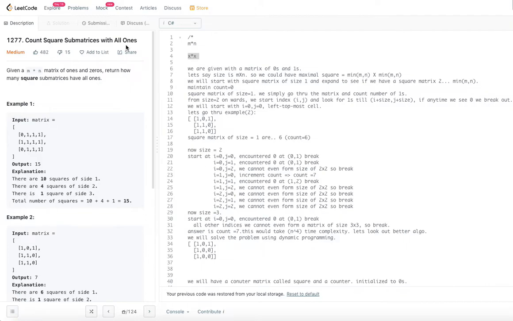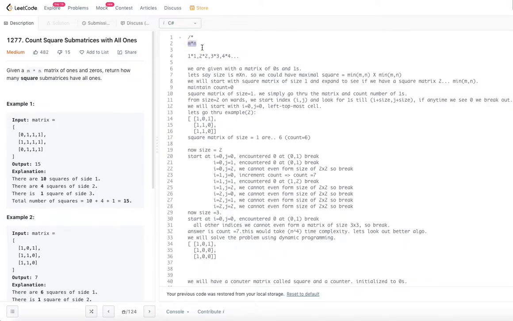This is an example, exactly the same as the one given: 101, 110, 101. There can be any number of squares. They start from 1 by 1, 2 by 2, 3 by 3, 4 by 4 and so on, but how far we go depends on m and n.